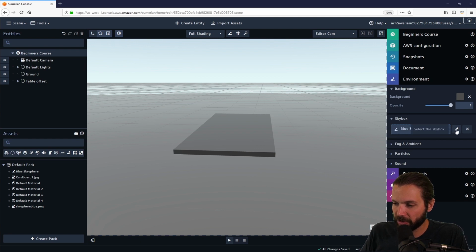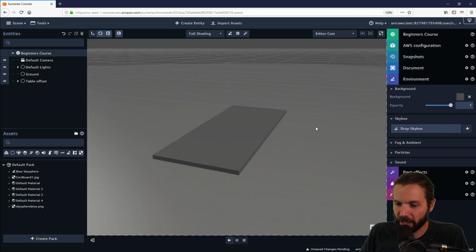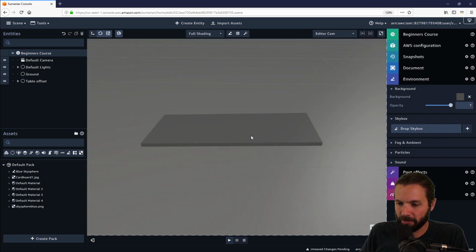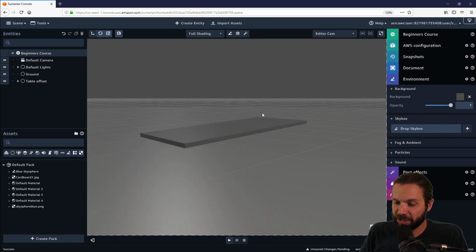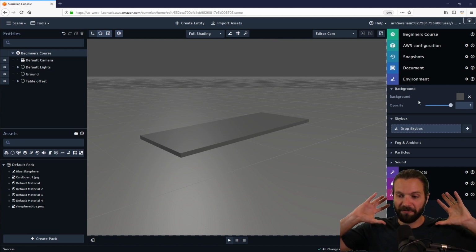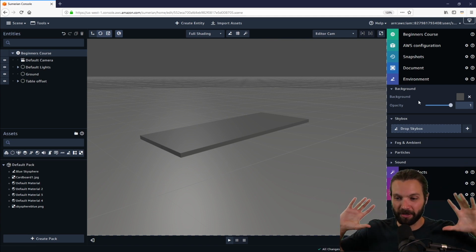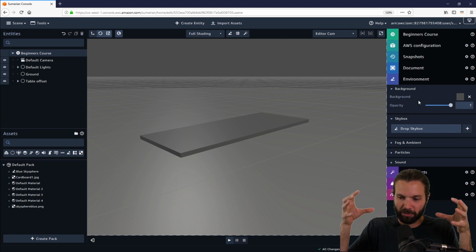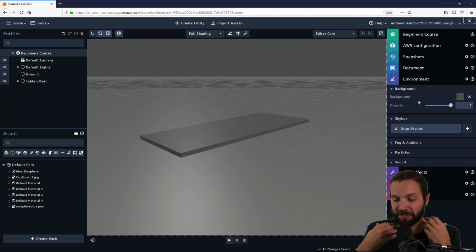Right now let's actually just remove it. We remove it, and what do we get? A gray background. Lots of gray going on here. Now, if I want to change that background color, essentially the background is the farthest property that's out there. It's not an entity necessarily, but it is the farthest thing in your scene. And a skybox will be a little bit closer. So if you change the background color and you have a skybox or sky sphere, you won't notice the difference of the sky or the background, because the background is the farthest away that you can get from the center